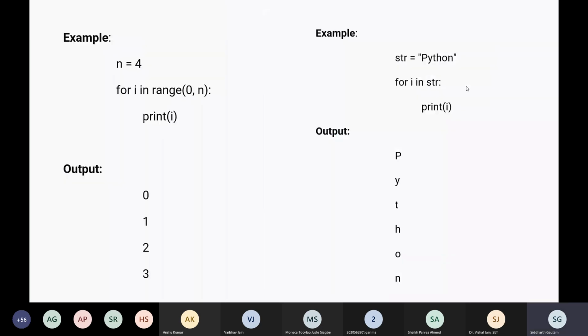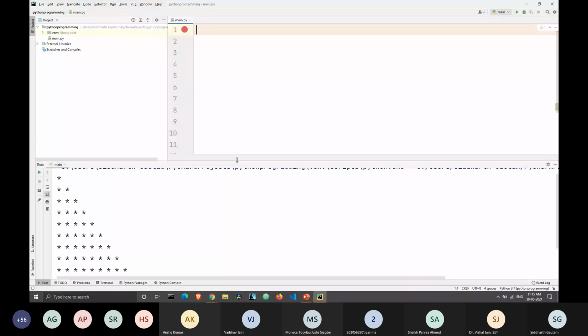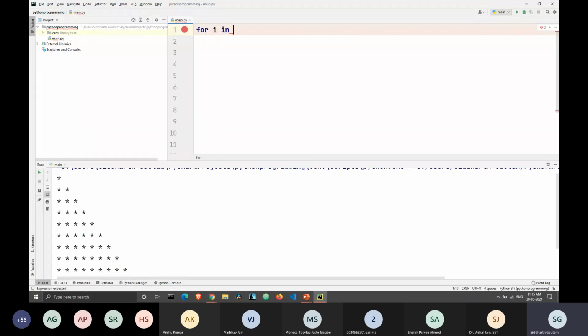Okay, so here we have some examples. Let's go to our IDE and let's take a look. All right, here we are in our IDE. And let's say I want to run my for loop 4 times. In that case, I will write for, that's my keyword for starting a for loop. Then I will pick my iterator variable, which is I. So for I, and I have to run it 4 times. So the range of my loop will be 4. So I will write for I in range of 4.